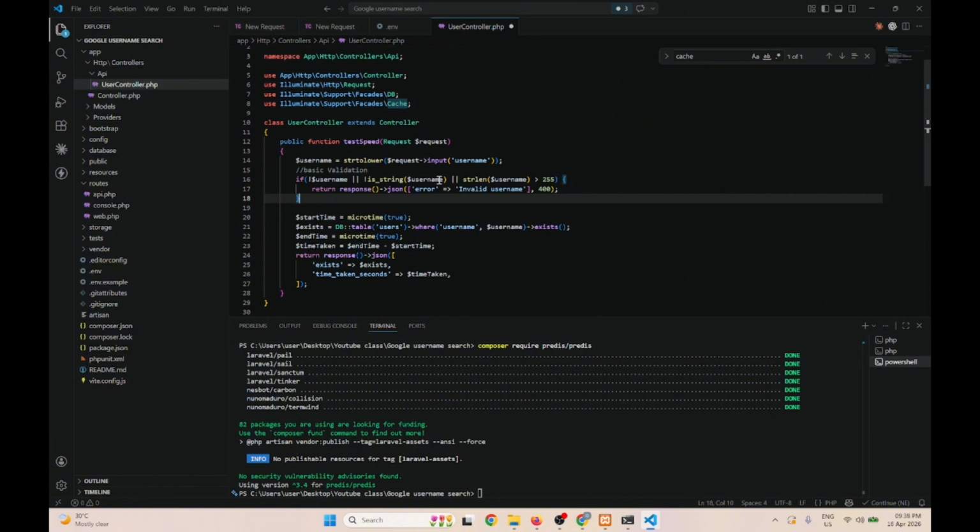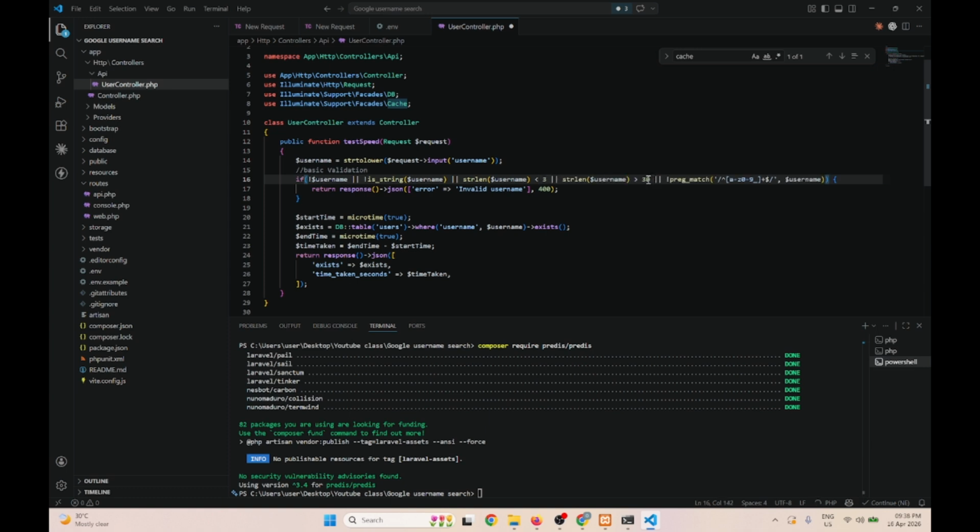I think what I intend to do is not this, though this is okay, but I intend to check if it is not user and the user length. User is not string, okay. User length is less than 3,